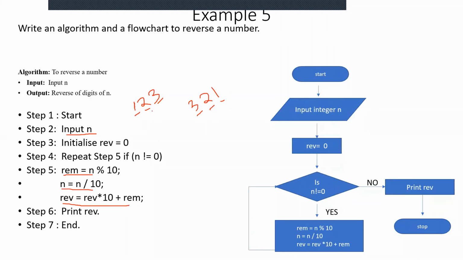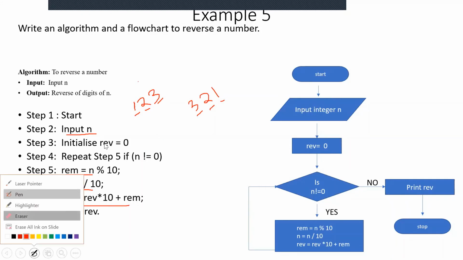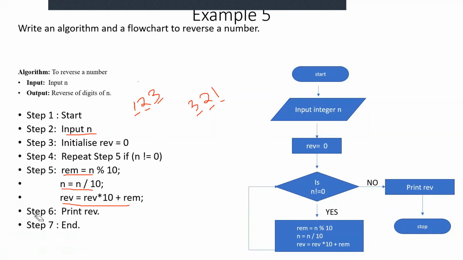So how to extract the last digit of a number? I had given the steps. I think the others who are there in the class may know. There are only 3 steps which we have to remember in order to extract the last digit of a number.